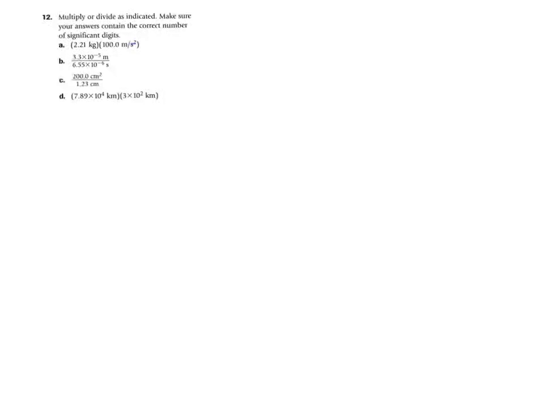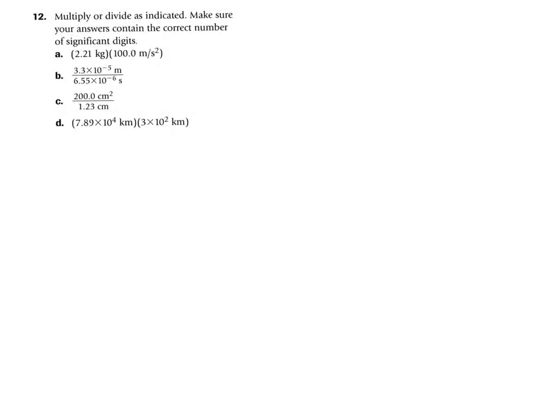Our last problem is one that I think most students at least enjoy a little bit more, or at least find a little bit easier, and that is multiplying or dividing within the proper number of significant digits, just because it's a little bit more straightforward. And when it's more straightforward, it's usually easier for everybody. Here you take 2.21 times 100.0, the one with the least number of significant digits is that, and we would end up with, lo and behold, even by just luck of the draw,